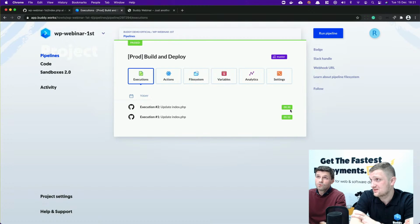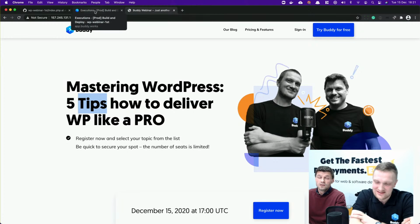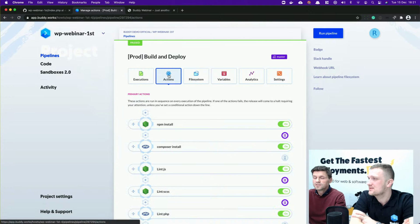30 seconds. So, okay, let's check it. And our new version is in lower. It's not only faster, but it's actually working. Exactly. Is there any way to optimize it even more, to make it faster? Yes. We can speed it up